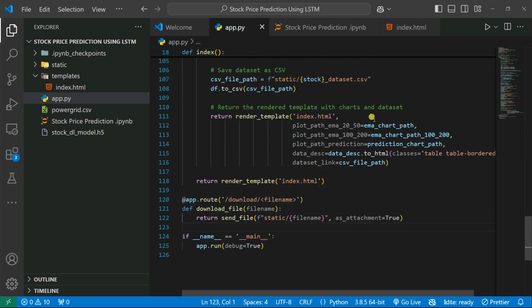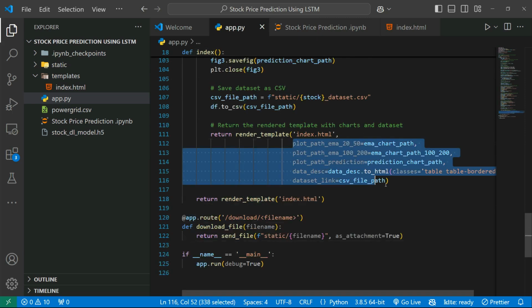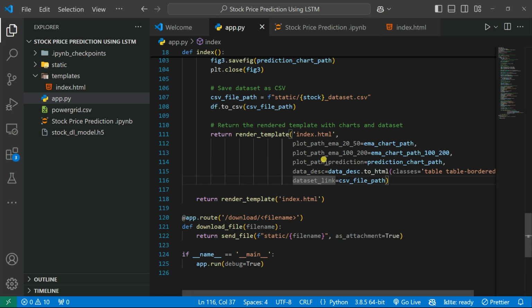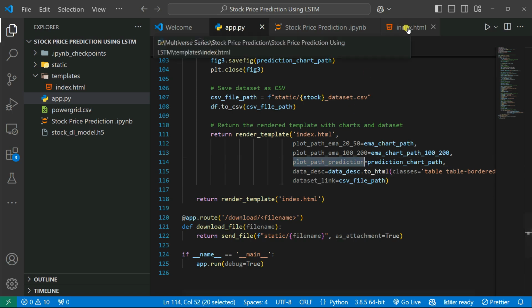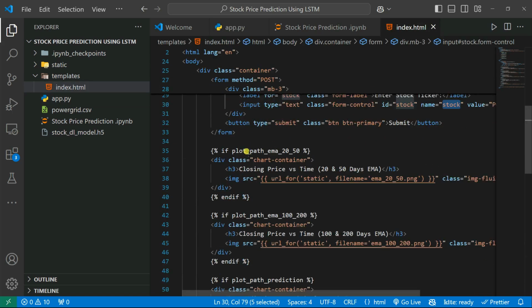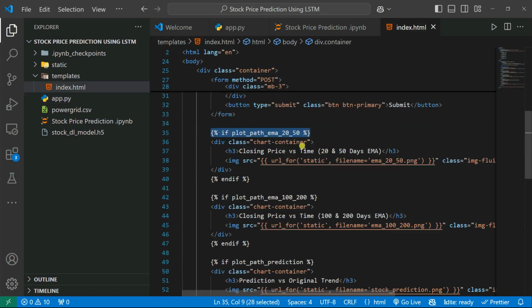Simple. So you can see we're actually giving all of the data as parameters: the data descriptions, the data link, as well as our chart. Now let's go to the index.html. Now you can see the plot of the path EMA is this one, which is coming from here, and you need to show it out in a div class, which is nothing but a heading, and we're simply going to